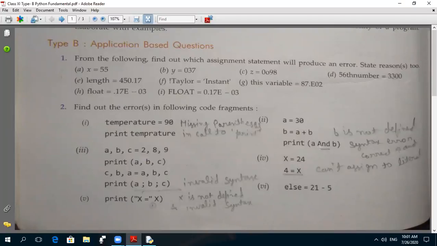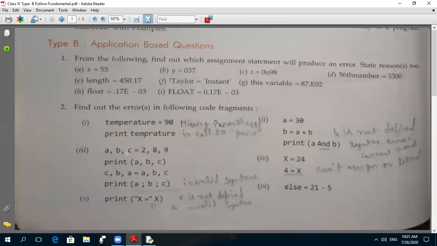And the second one is A and B. And is an operator. It is a logical operator. And, or, not, these are the logical operators. So an operator will not come here. So this is incorrect syntax. So, syntax error. Clear? Here a syntax error, and in this line B is not defined. These two are the errors in this code.